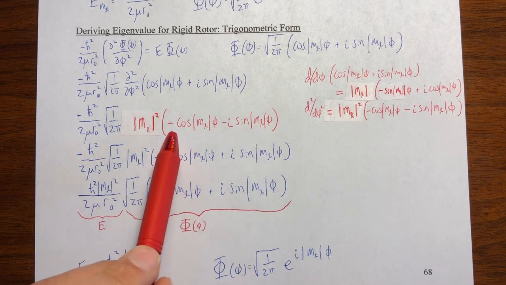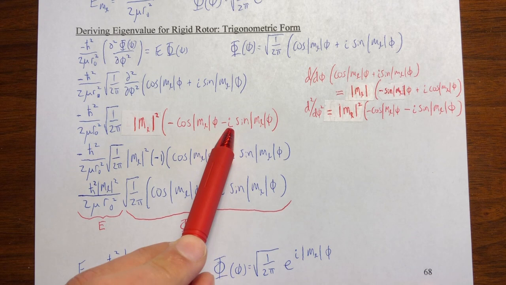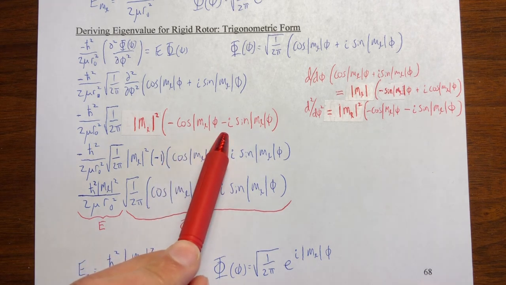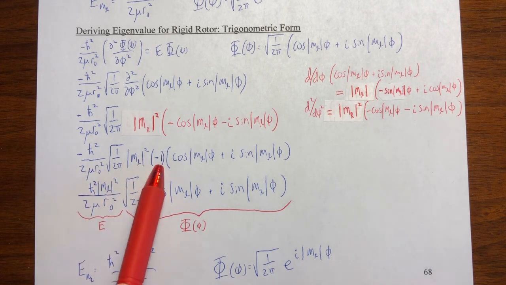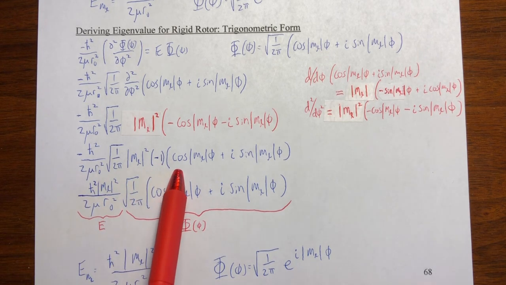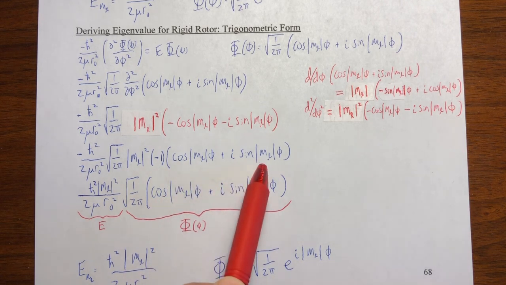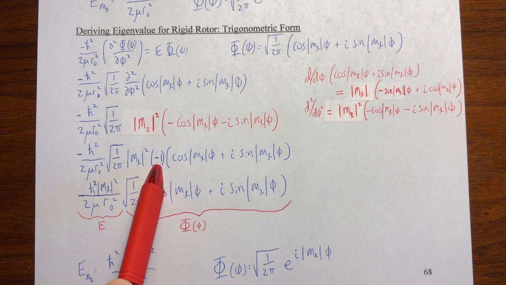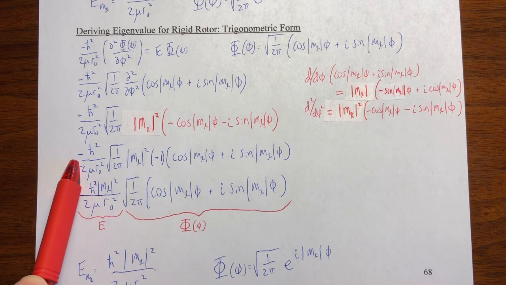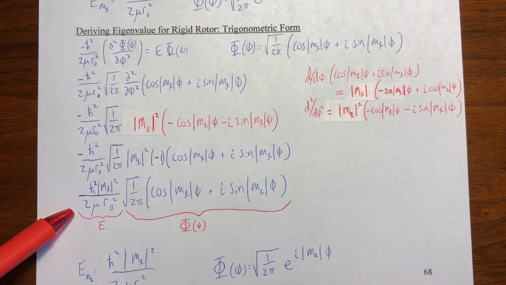Now we can factor out a negative 1 from our trigonometric quantity here. And when we do that, we're left with, in parentheses, positive cosine m sub l phi plus i sine m sub l phi. And here is the negative 1 that we factored out. The negative 1 then cancels with the negative in front of h bar,